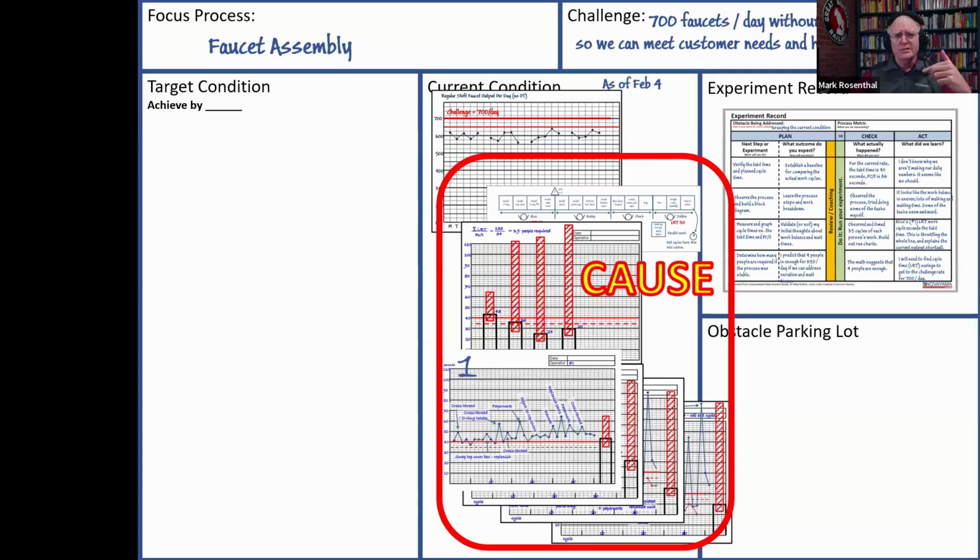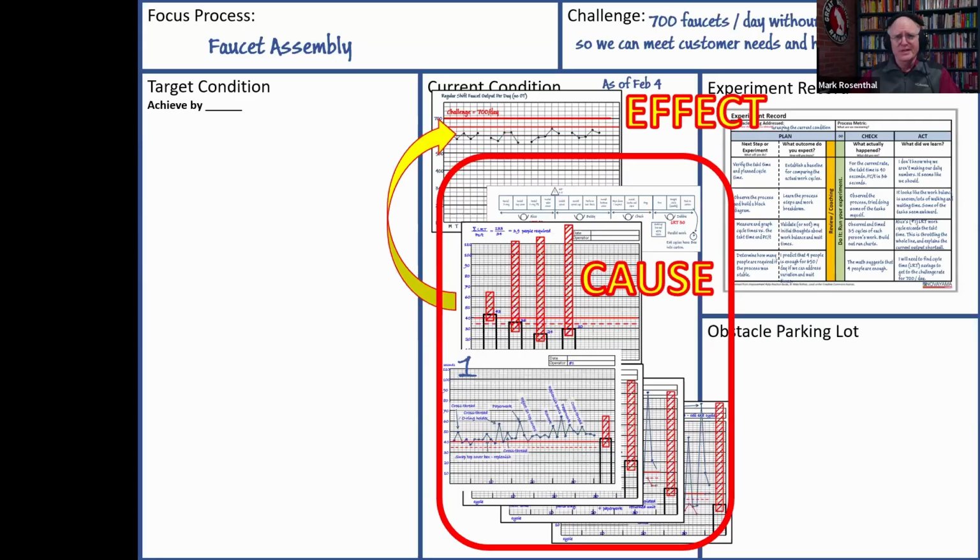What I'm looking at here in a current condition is I've got the process characteristics, right? The description of the process. And that's how things are going. And that's a cause. And the effect is the outcome. So we want to understand a cause and effect relationship between how the process is operating today and the result